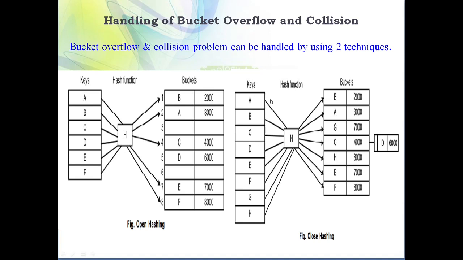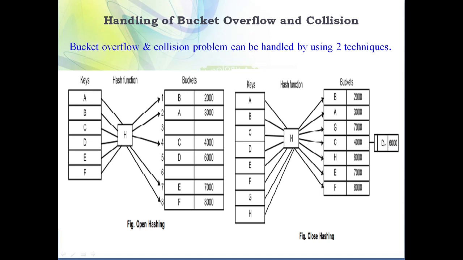In order to solve the overflow problem, we need to make use of the concept of closed hashing. To demonstrate the concept of closed hashing, I am going to use this particular diagram. Here you can see again the same thing, search keys C and D are mapped to bucket number 4. In open hashing, we searched for the next empty bucket where we can accommodate this search key. But in case of closed hashing, we are not doing this. What we are doing is creating a linked list. We will create a node and attach it to bucket number 4, meaning we have attached an extra node to bucket number 4 where we are storing D.